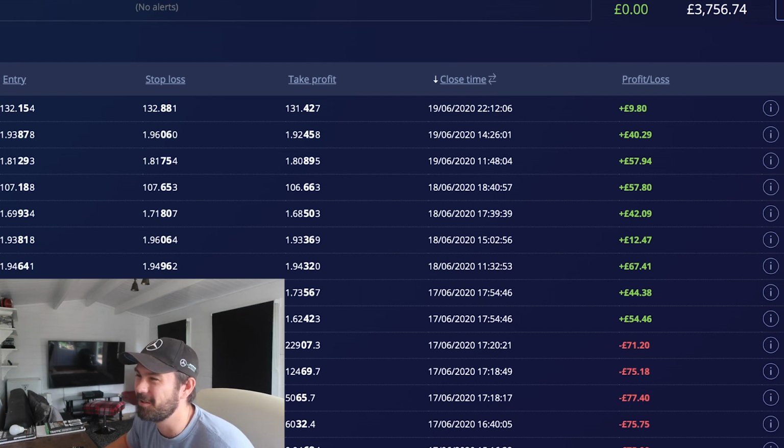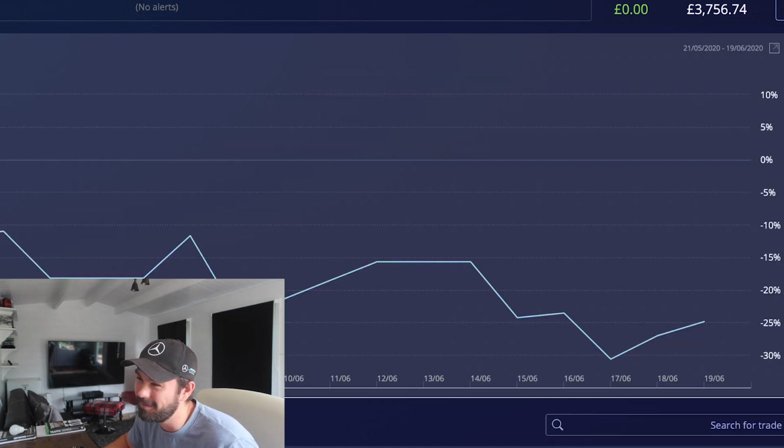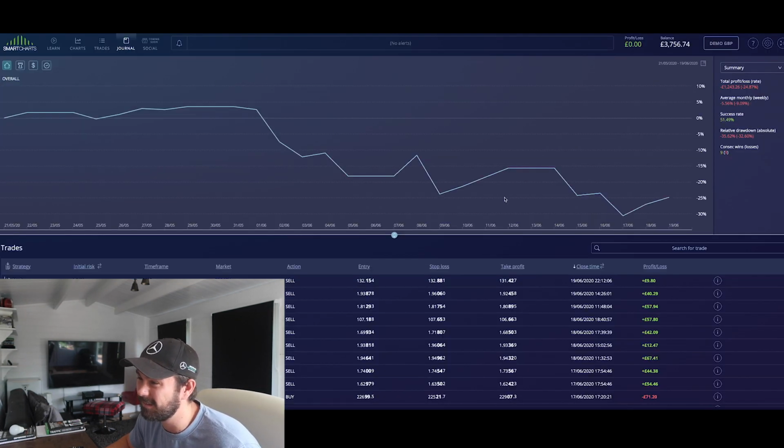So let me just go on my journal, so you can see why things needed to change. I mean, it's just a steady graph of absolute despair and rubbishness, right? I went off well, did nothing more, went down, came back a bit, and then just tumbled down in the valley of sucking. So this spike here from the -30 to the -25 is a positive sign. So I just got to keep this going. If I get to break even, I've got to make 1,200 quid to break even.